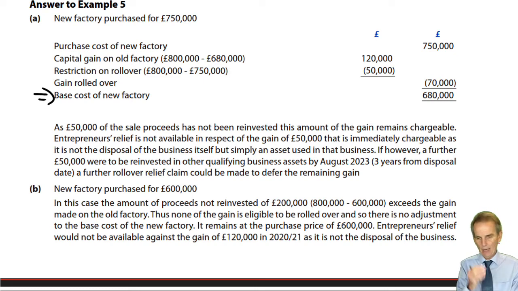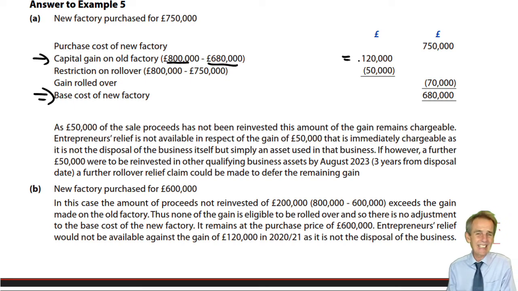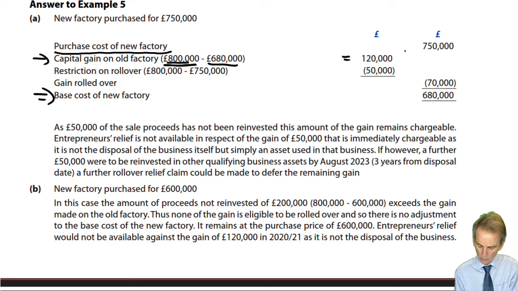So the first thing to do is think about it chronologically, as it were. Okay, so we've got a disposal. What was the capital gain on the disposal of the old factory? Sold for 800, as we saw, bought for 680, as we had easily computed as we read the information in the question. We were talking about a gain of £120,000. If we had reinvested all of the proceeds of 800,000, then all of that gain would have been deferred, and therefore we'd have deducted the full 120 from the actual cost of the new property. The problem was the purchase cost of the new factory was only